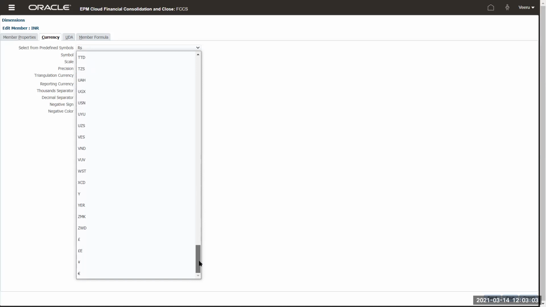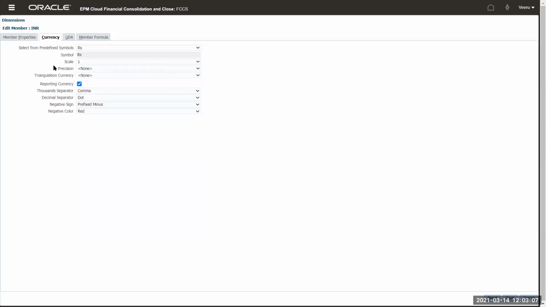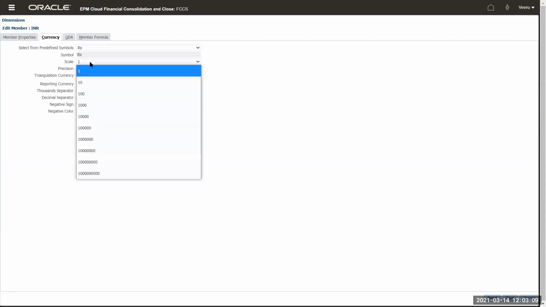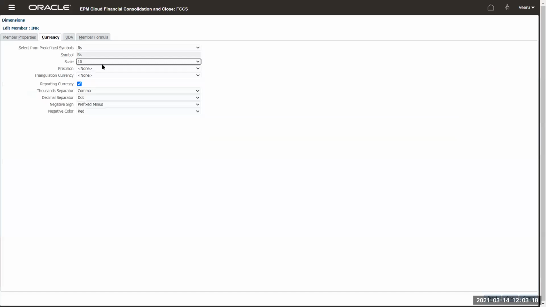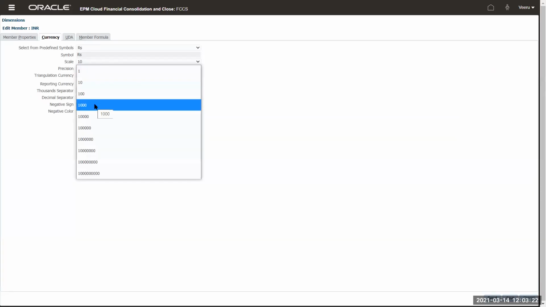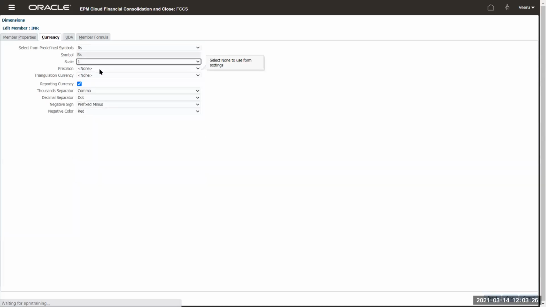The scaling: a scale of 1 means if the value is 1 rupee, it will show 1 rupee. Scale of 10 means if it is a value of 10 rupees, it will show you as 1. The scale of 1000 is if it is 1000 rupees, it will show it as 1. I don't usually change that unless it's a requirement from your specific business.